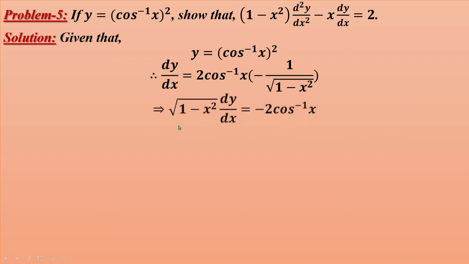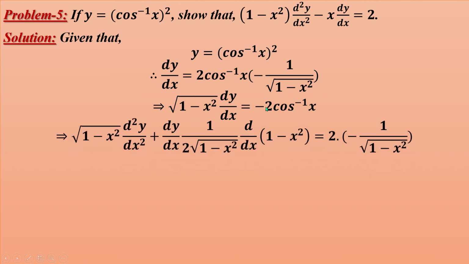Clear? Now multiplying both sides by square root over 1 minus x square, as a result, here will be square root over 1 minus x square into the derivative of y with respect to x, equals minus 2 cos inverse x. Again take the derivative of this with respect to x, that means the second order derivative. So at first we can keep fixed square root over 1 minus x square, because here it is of the form u into v, that means square root over 1 minus x square is u, and the derivative of y with respect to x is v. So u fixed, the derivative of v means here will be d square y by dx square.